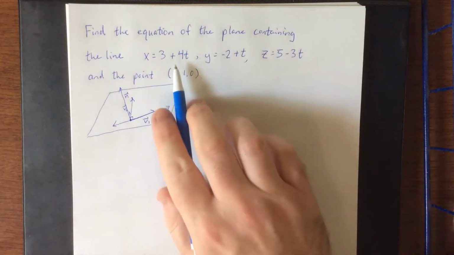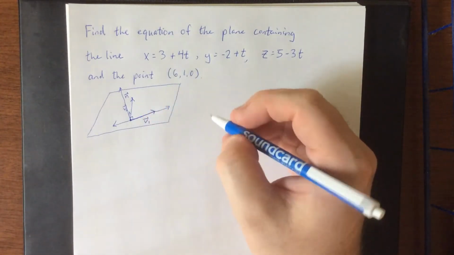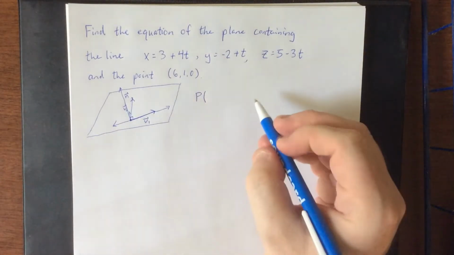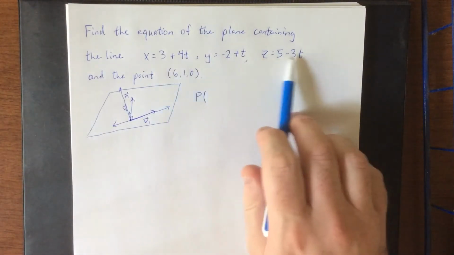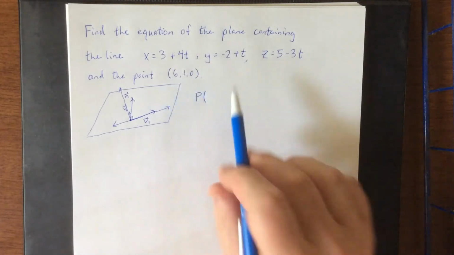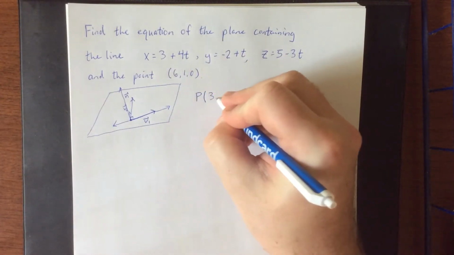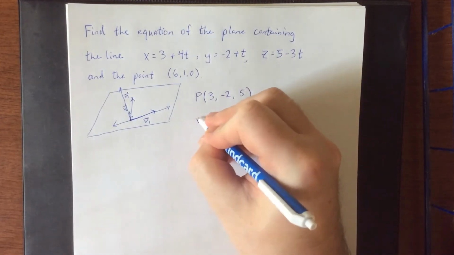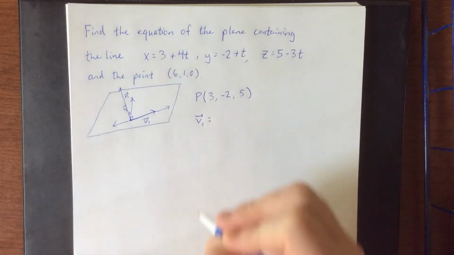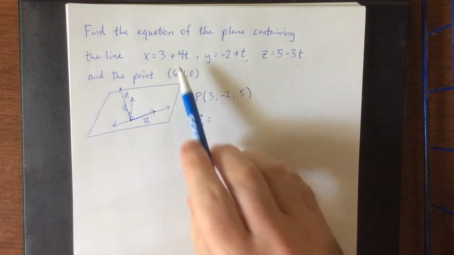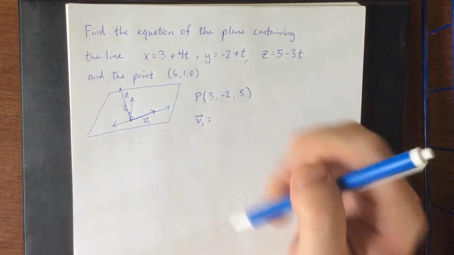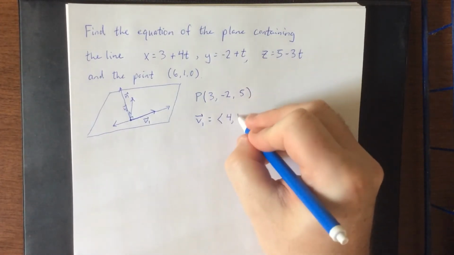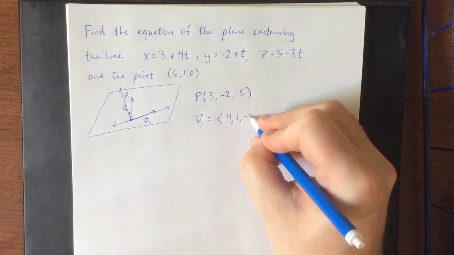So first and foremost, we would have to decompose the given line into a point as well as a direction vector. The point, we'll refer to as p, would be what we get by plugging in t equals 0 to all three of these parametric equations. That would be x is equal to 3, y is equal to negative 2, and z is equal to 5. The associated direction vector, which we just referred to as v1 and will continue to do so, would be the coefficients of t in each of these cases. So that vector would be 4 for the x component, 1 for the y component, and